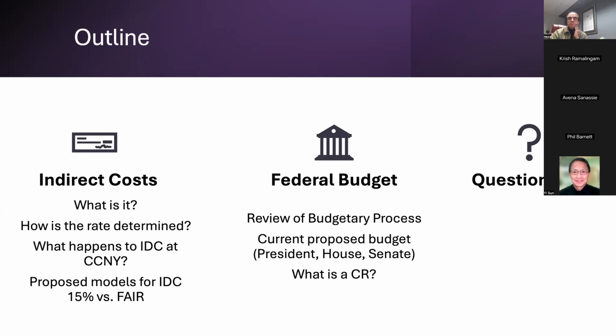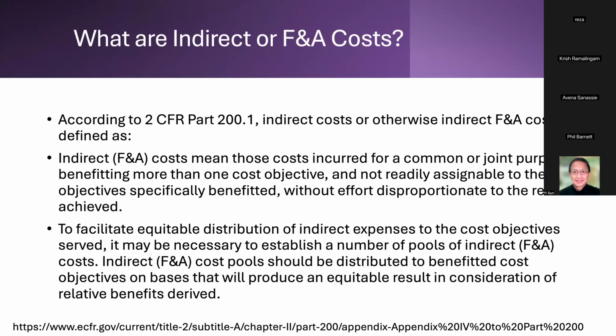If we have time, we'll talk about the federal budget process. So just a little bit about the budgetary process generally, what the current proposed budget is for funding agencies, and then what is a continuing resolution and how might that affect us? Okay, so